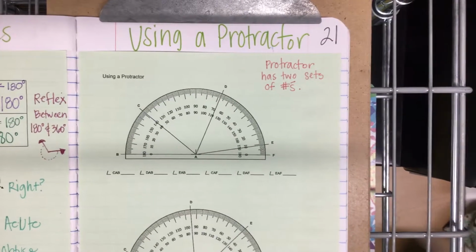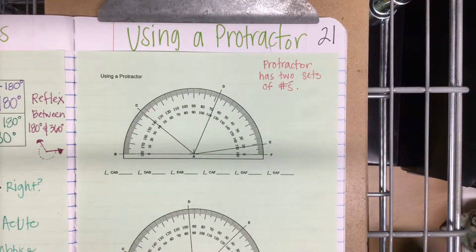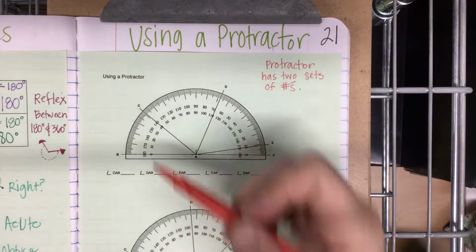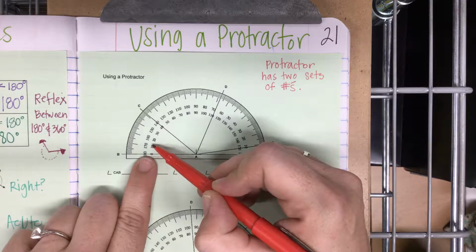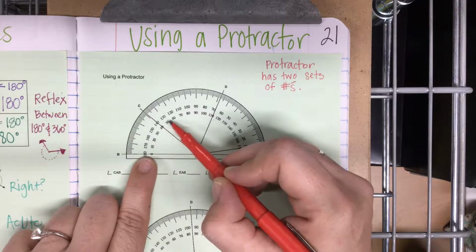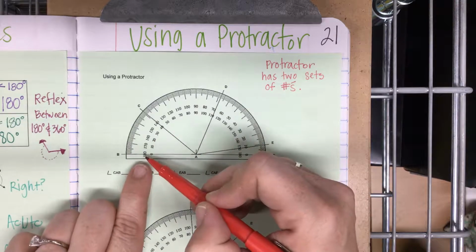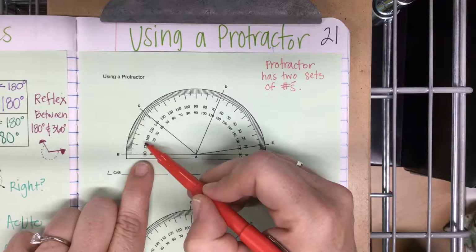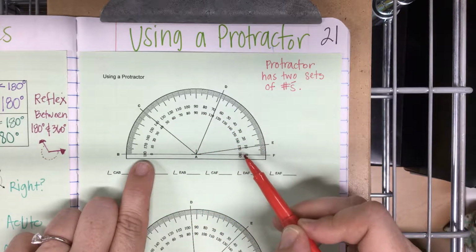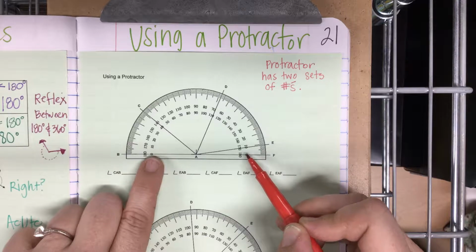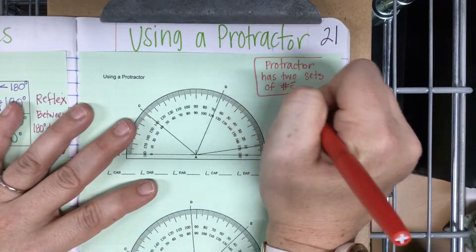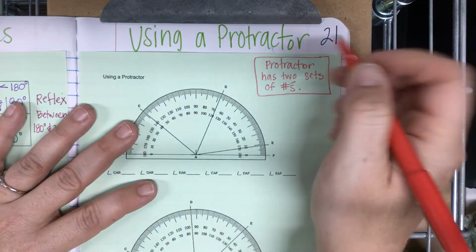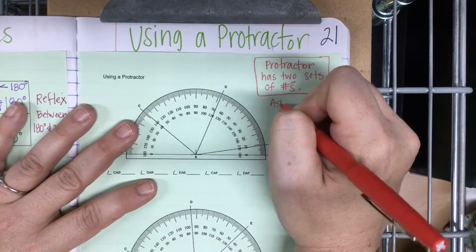Right, a protractor has two sets of numbers. Do you see that? On the inside here, there's 0, 10, 20, 30, 40, 50, 60, right? And then on the outside, it goes backwards, starting at 0 on the other side. So a protractor has two sets of numbers. So when you use a protractor, you have to ask yourself,